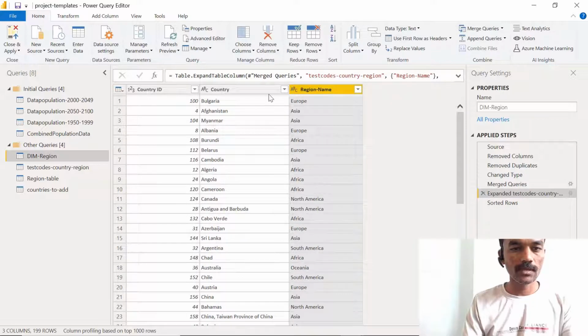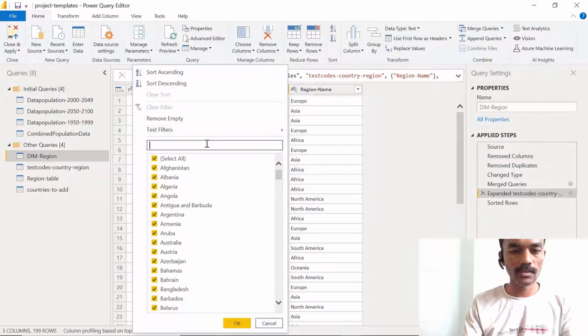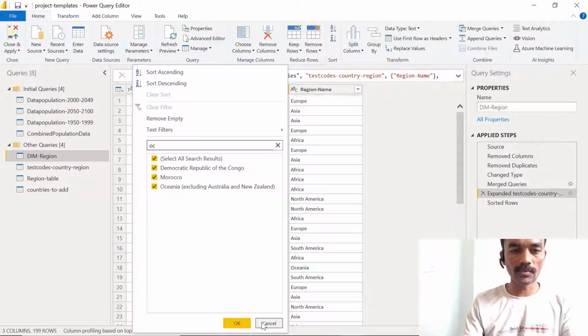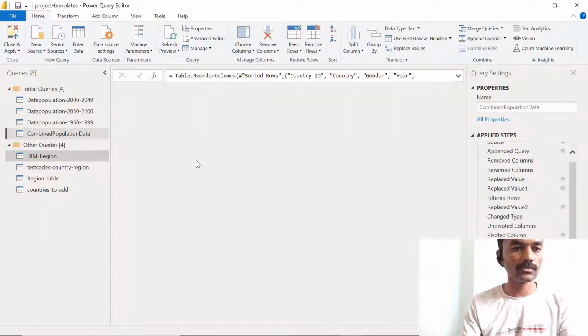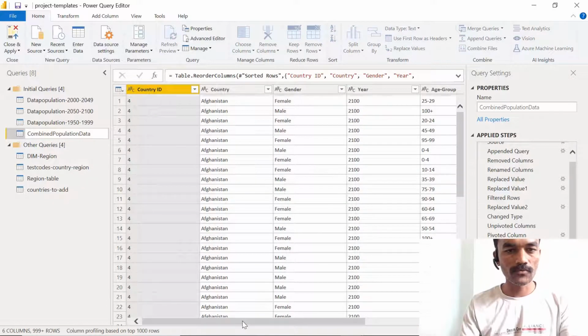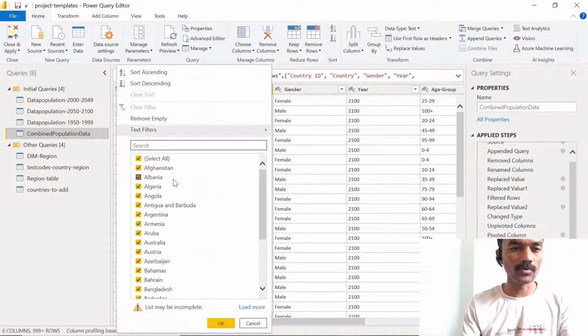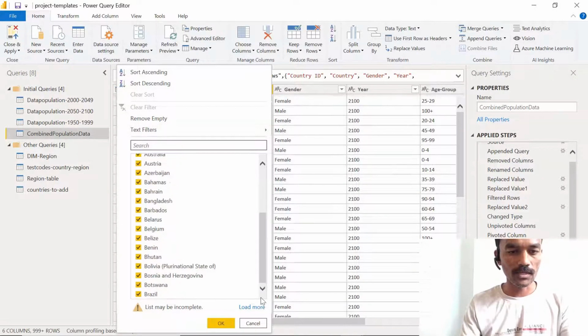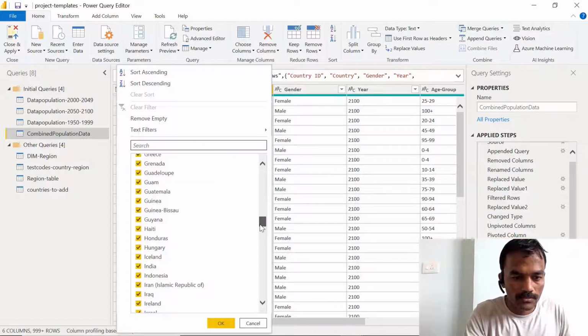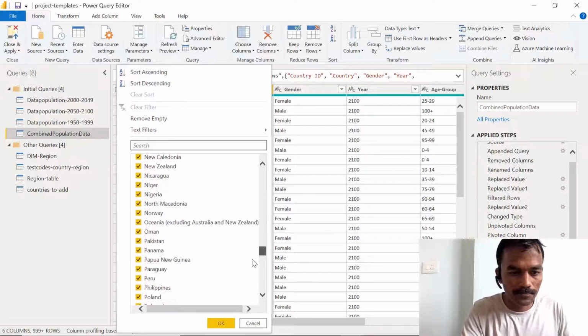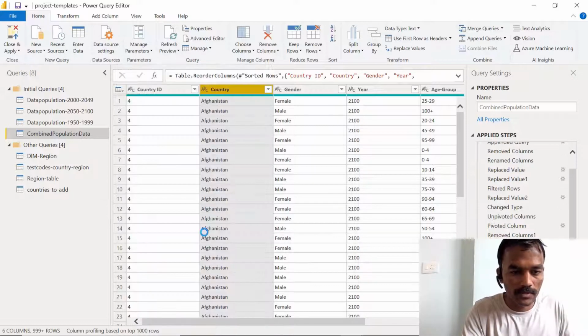Now the last thing is, as you remember, there is Oceania. You can see Oceania is appearing as a country, whereas it is just a region. So we just need to remove this. To remove it, let's go back to the source table, where we will remove it from the country column, because this is a reference table for this dim region. We will remove this Oceania from it. The data is loaded. Now let's see where we see the Oceania. Just exclude this and click on OK.